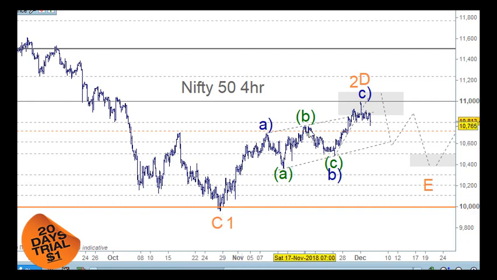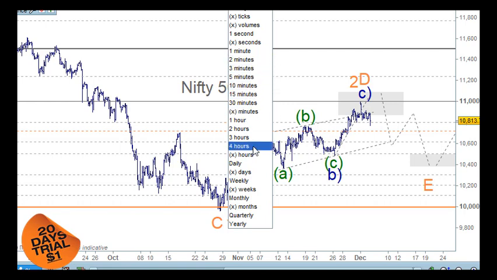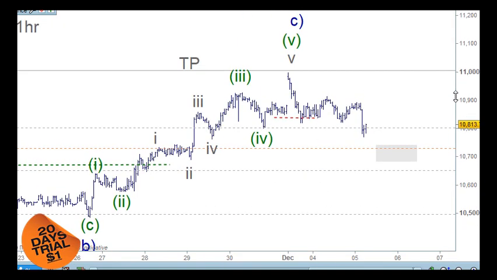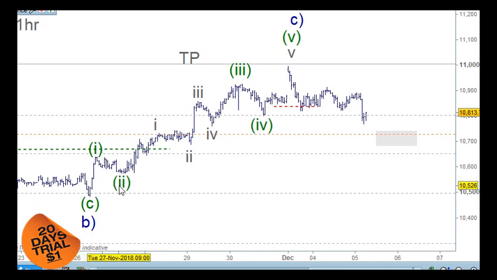So yeah, same pattern to the downside here, and looking at this here as an A wave, an A and a B and a C for the B wave, and then we're looking for 5 waves up here, and we had a target at 11,000, so that's been taken out. We're looking at 5 waves moving up in this section here, so that's in there as well in terms of wave B low here, and 1 and 2, and the third wave, fourth wave, and fifth wave. This fifth wave here,